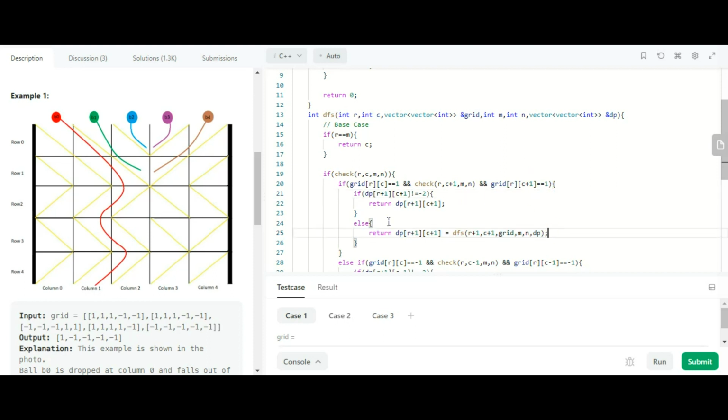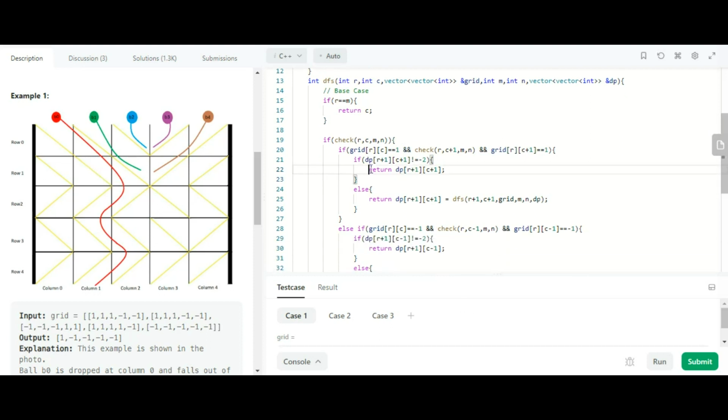And here we have also checked the DP table, as for optimization we have used dynamic programming. We check whether the current diagonal value is visited or not. If it is visited, we simply return the value present in the DP table, as this means we have already visited that value in a previous path.